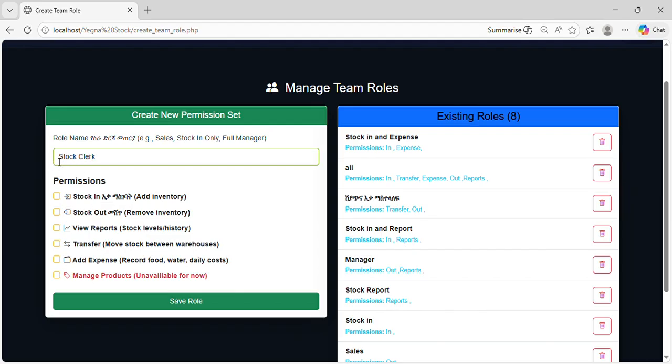So for this role, I give permissions. There are different permissions on the Yegna Stock: adding inventory, removing inventory, or sale, viewing reports, which are the stock levels or histories, transaction histories, like expenses, and transfer or moving stock between your warehouses, and adding expenses, like recording your food, water, transport, or utility expenses, and also manage product, but this one is not available for now. Okay, so